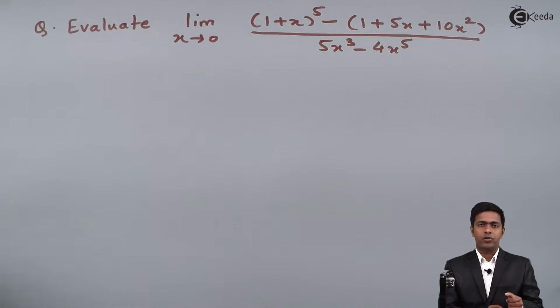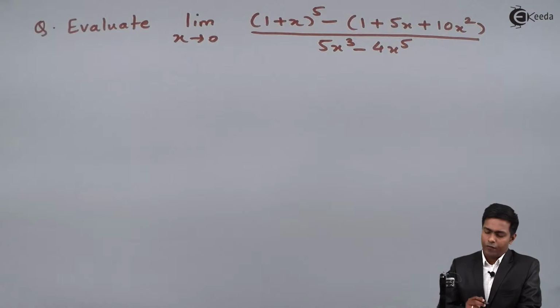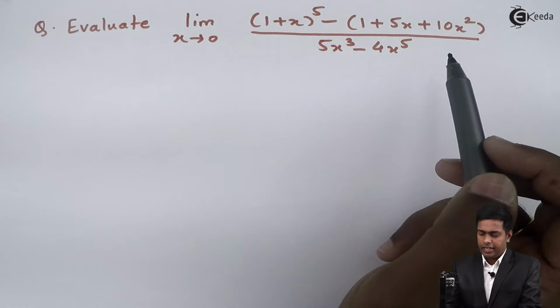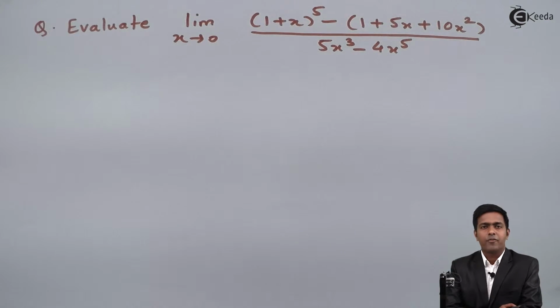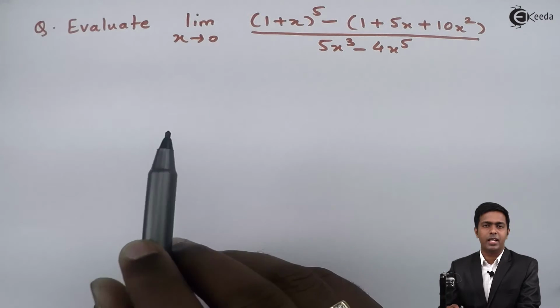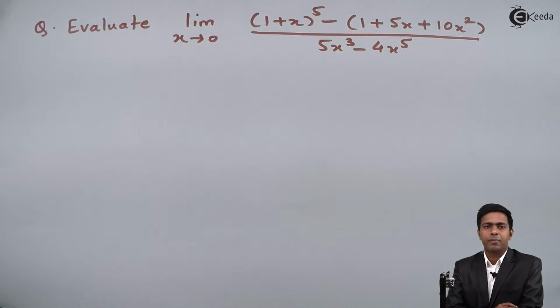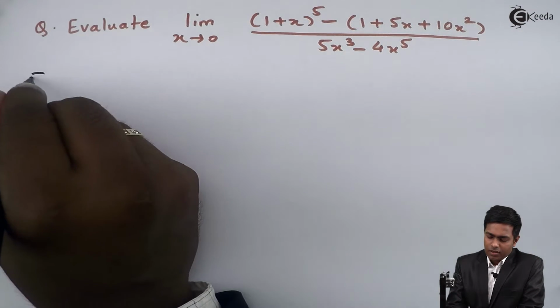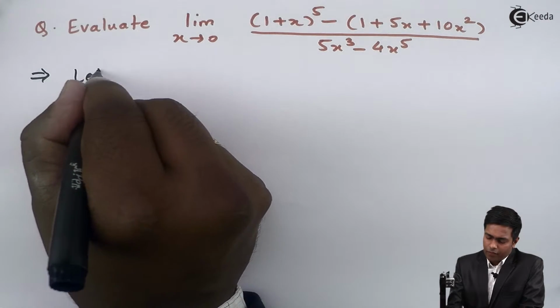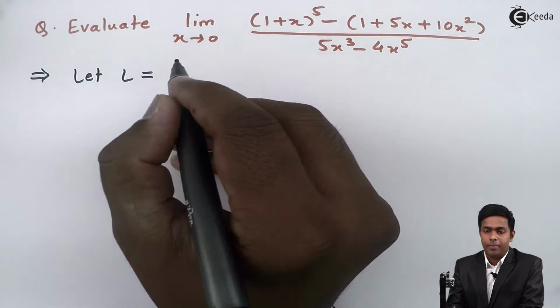Now before starting the solution, if you observe the given function, it is an algebraic function, and whenever we have an algebraic function in a limit, we start with the direct method. So here we'll start with the direct method. For that I will assume this given limit as L,